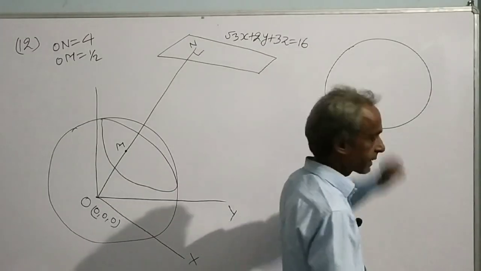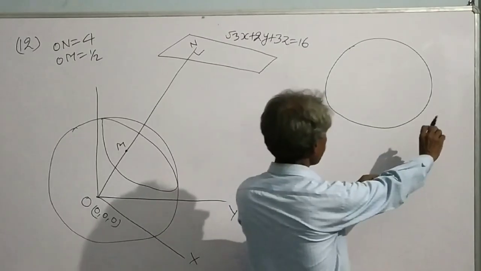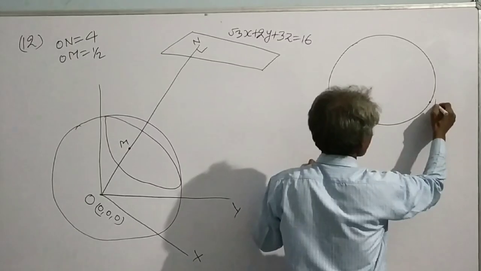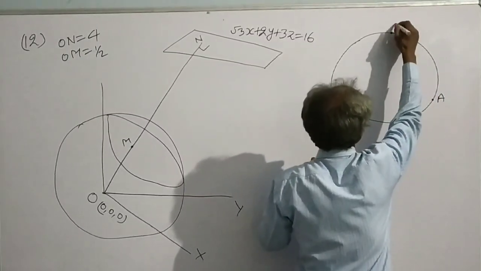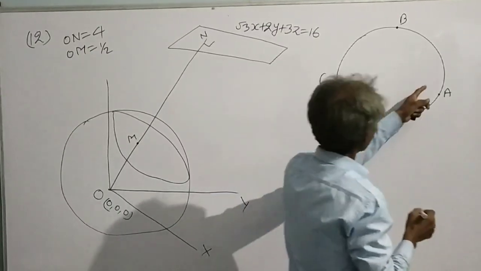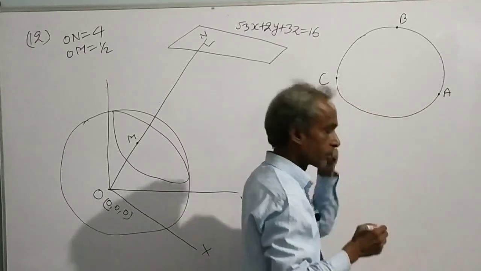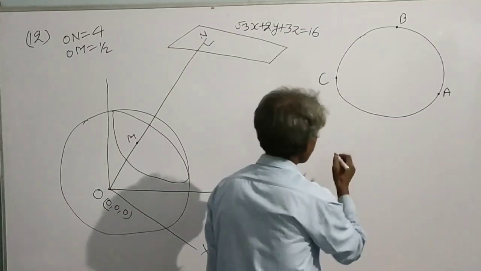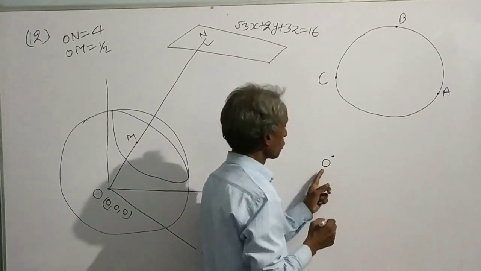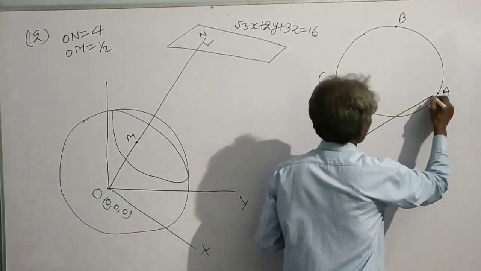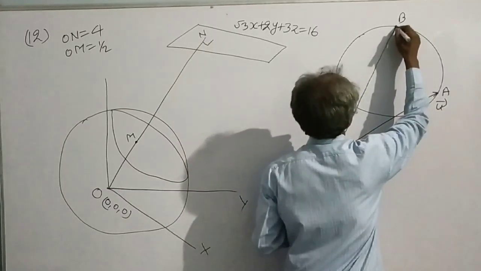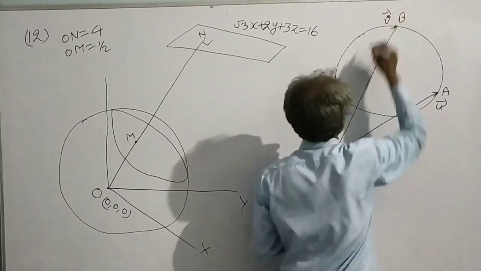If there be a circle and we take 3 points A, B, C on the circumference of this circle, whose position vectors with respect to origin O be U, V, W,